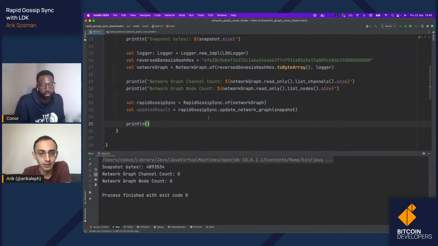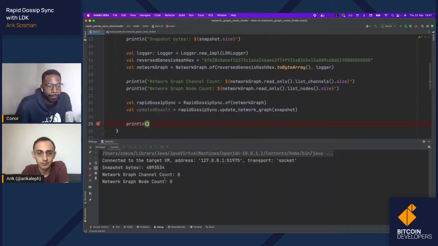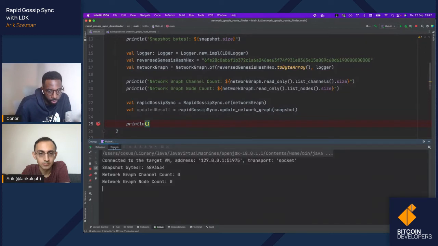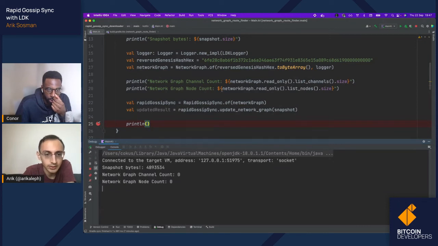I don't know if it needs to take any arguments. If it works with just an empty argument list, then even better. So let's put a breakpoint on line 25 and hit debug. And now we want our debugger. Do we want the console first? Man, that's taking its sweet time, isn't it? Is it stuck? Well, we're not printing anything, are we? Can you go to the debugger tab?